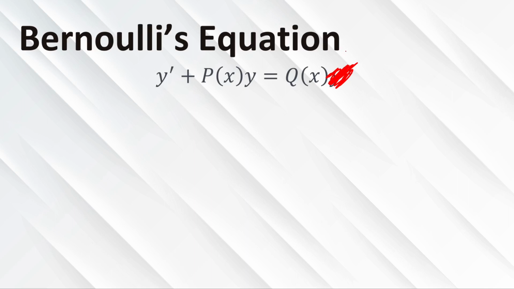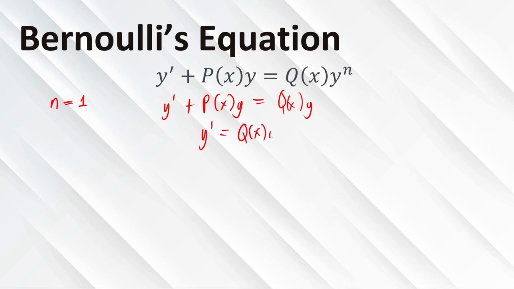So I hope you still recall or remember paano mag-solve ng ganito. So pero kapag meron siyang y raised to n na nakamultiply dun sa q of x, ang tawag natin doon is Bernoulli's equation. So let's analyze. For values of n, for example, if n equals 1, ibig sabihin magiging 1 yung y raised to n natin doon. Magkakaroon tayo ng y prime plus p of x y equals q of x y, which is basically kapag transpose natin yung p of x dito sa kabila, we can factor out y,